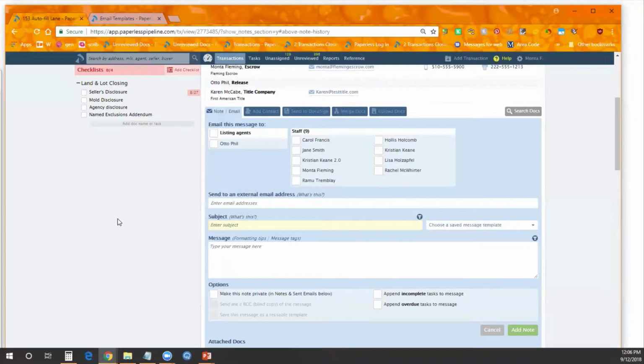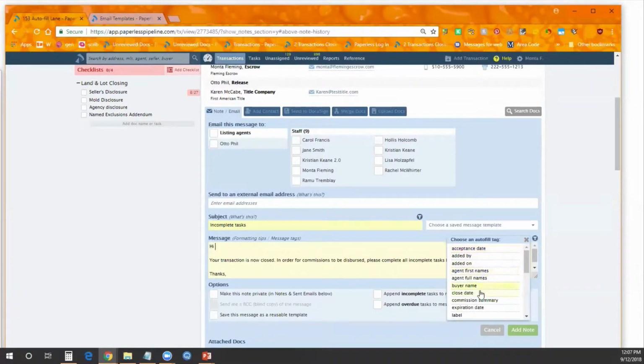So let's say I wanted to send someone an incomplete tasks type of message. I want to let them know your transaction's closed. Please complete this information. Thanks, Mary, right? But I want to make it a little more personal. So in this case, I'm going to send this to the listing agent, so I want to mention their name directly. So in that case, instead of manually typing their actual name, I could come over here to my message tag icon, click it, and select, in this case, the listing agent's first name. Okay, so I can put that message tag there, hit comma,